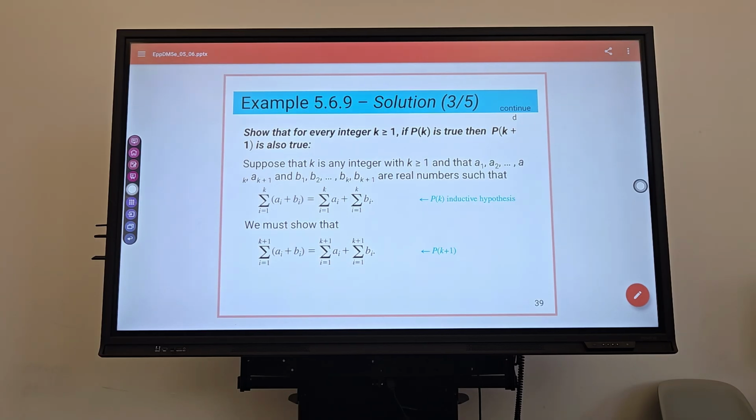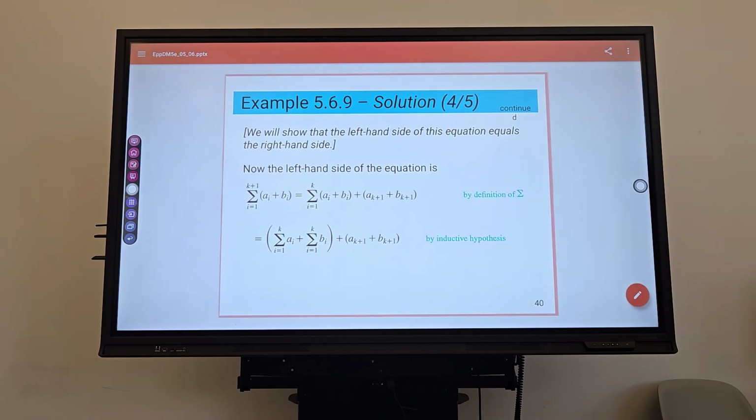Show that it's true for k, with a range of i equal to 1 to k plus 1. So now the left-hand side of the equation is like so,